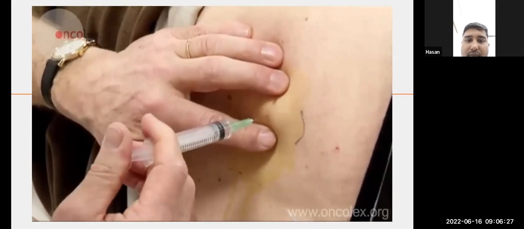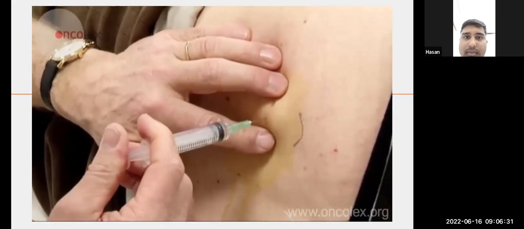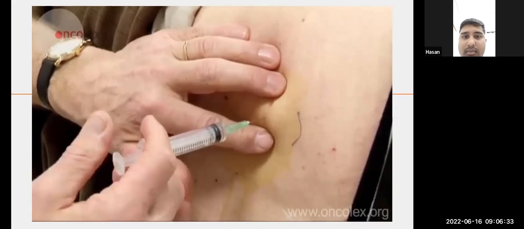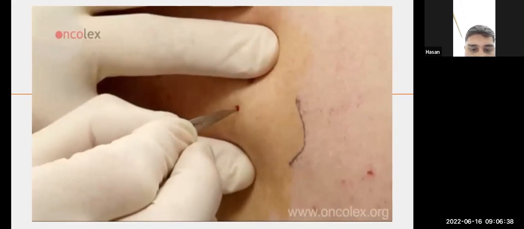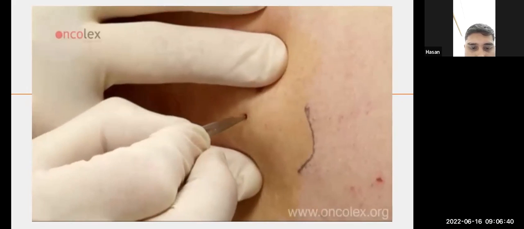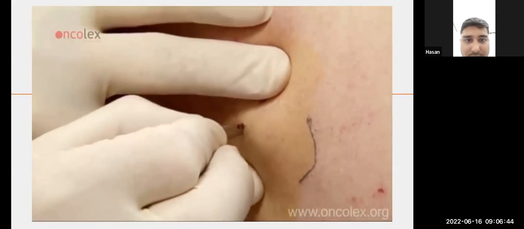When the needle is in the spongy tissue, the trocar is removed and a 5 milliliter syringe is connected to the needle. 0.2 to 2 milliliters is quickly aspirated for a regular bone marrow smear. 3 small and 7 larger smears are placed on slides.